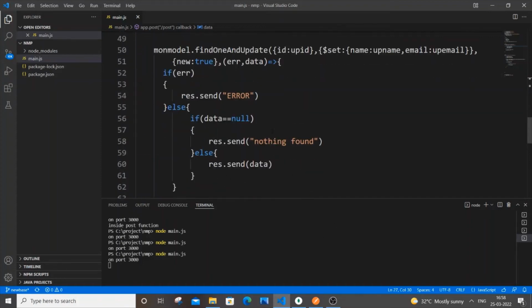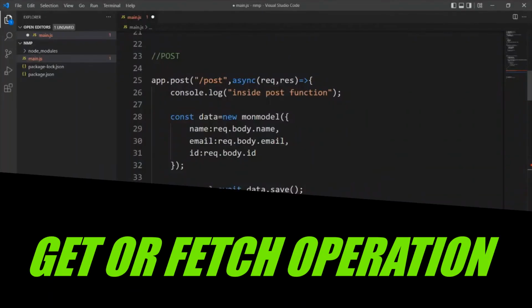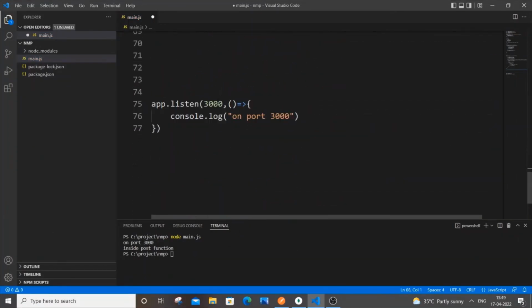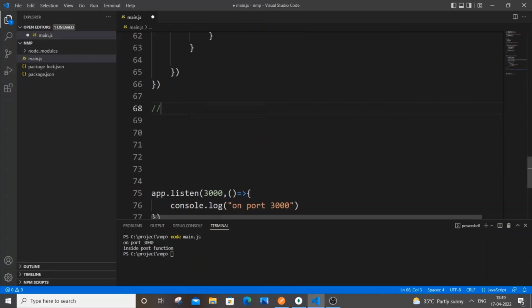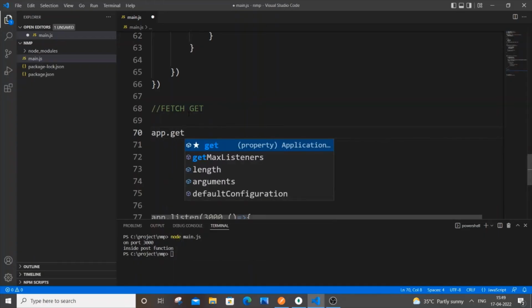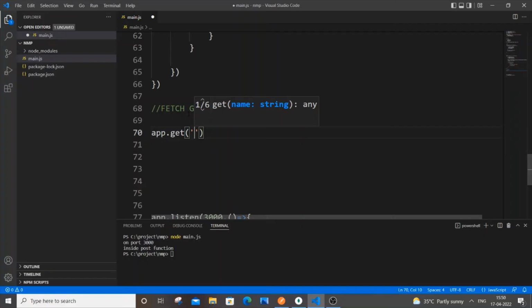We have successfully covered the put operation. So now let's go and do the get or fetch method. Okay, so let me just come down over here. I will just put a comment as fetch or get, something like that. The next line, it's going to be app.get, and inside the bracket we need to specify the path. Okay, so it's going to be